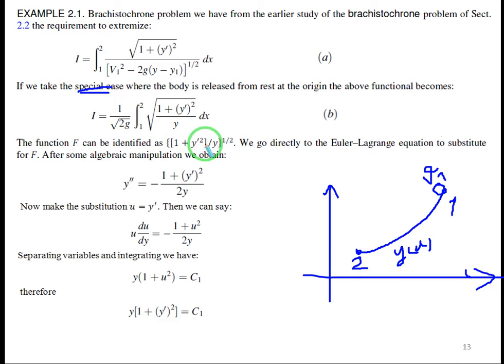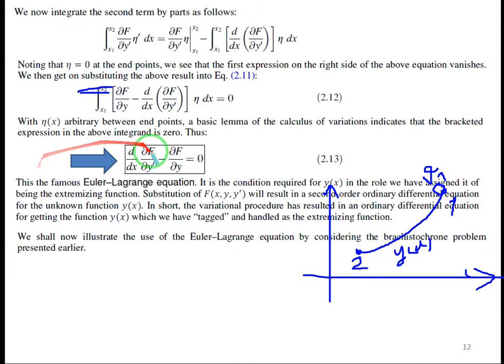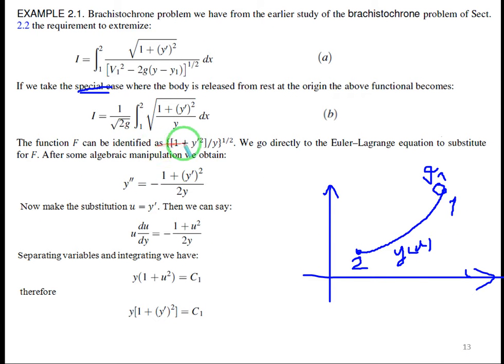And if we use the Euler-Lagrange equation, as we have seen in the previous slide, let me show you: the derivative with respect to x of the partial derivative of f with respect to y dash, minus the partial derivative of f with respect to y, equals 0. If we replace f by this formula in the Euler-Lagrange equation and do the derivatives,